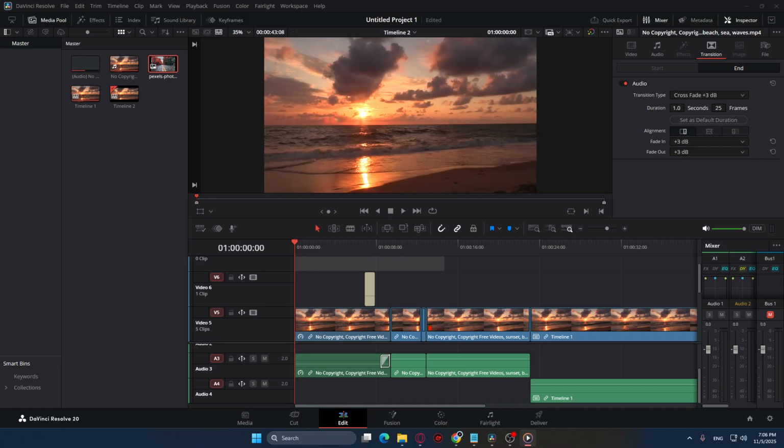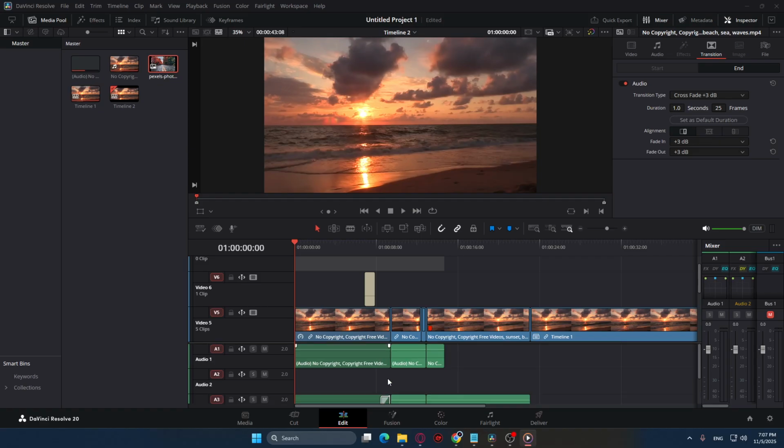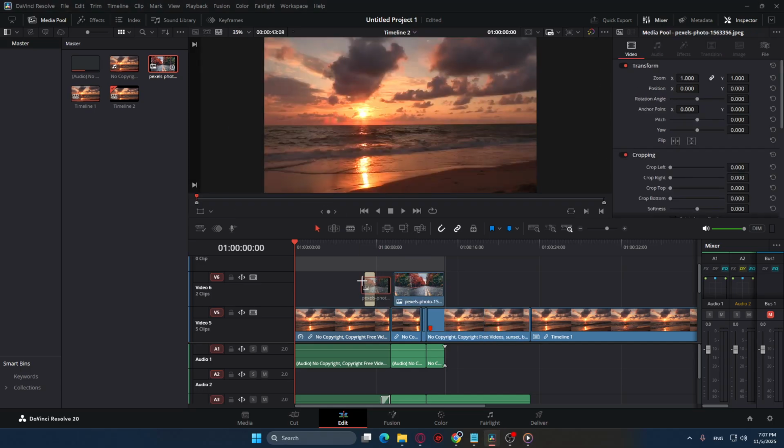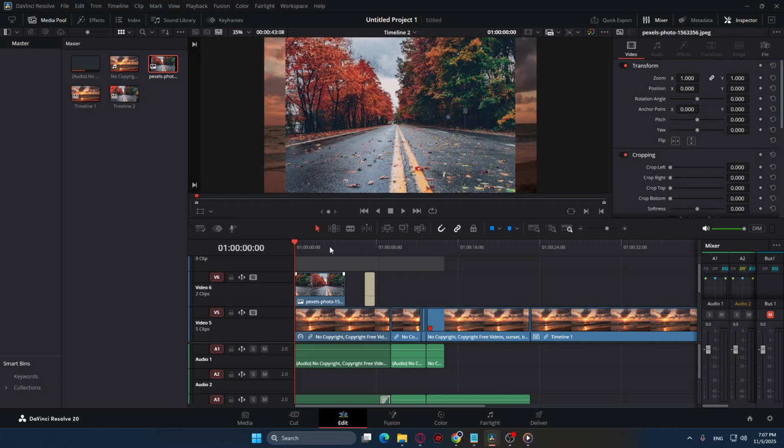If you don't have it installed yet, you can easily download it from their official website. Once you've got it up and running and your project is open, you'll want to locate the image you intend to crop. You can do this by navigating through your media pool, which houses all the footage and images you've imported into your project. From here, simply drag and drop your image onto the timeline to make it active and